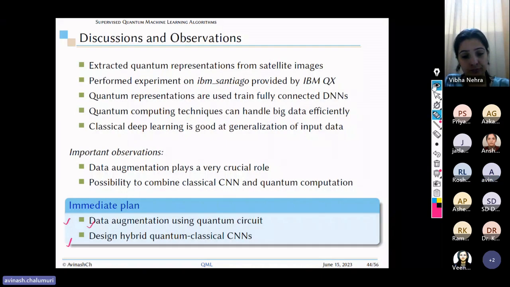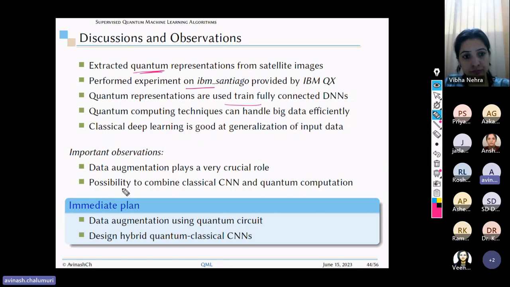So again, there are pros and cons in this particular approach also. The pros are it is extracting the quantum representations and it is feasible to implement on real hardware. And the training is also easy as we are not using very in-depth convolutional neural network kind of architecture. And the observation is we did a lot of data augmentation in order to achieve that particular